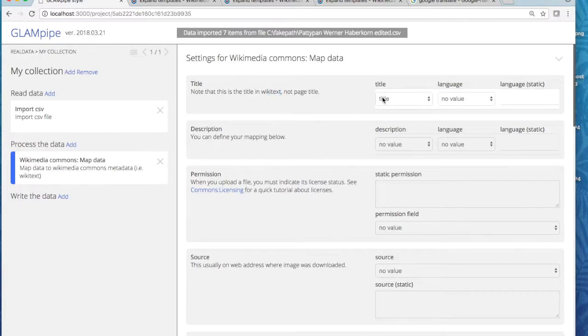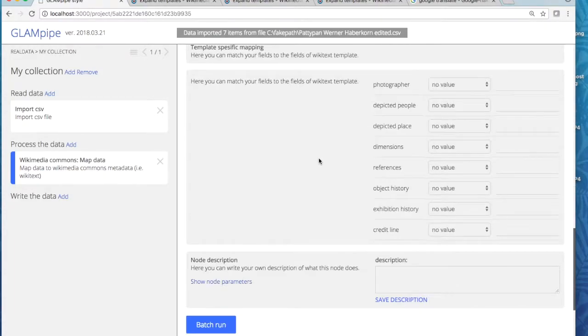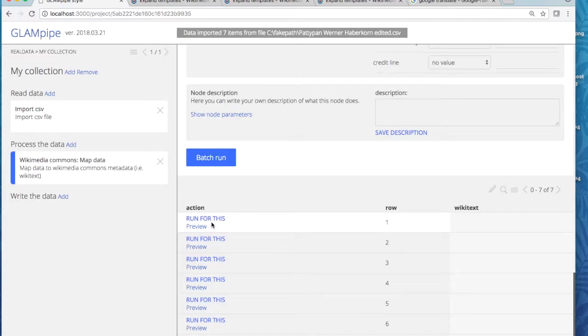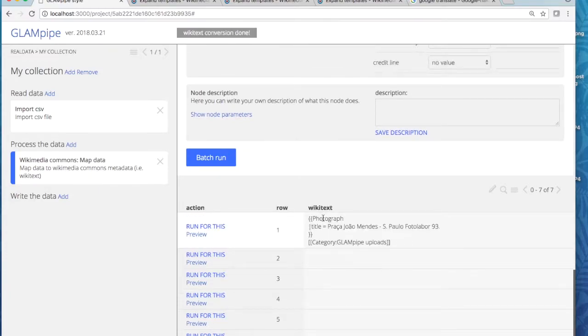So now we made our first mapping. We map our title to the title in Wikitext, and now we can run this for this first item. This is the Wikitext it created, and here is the preview button,